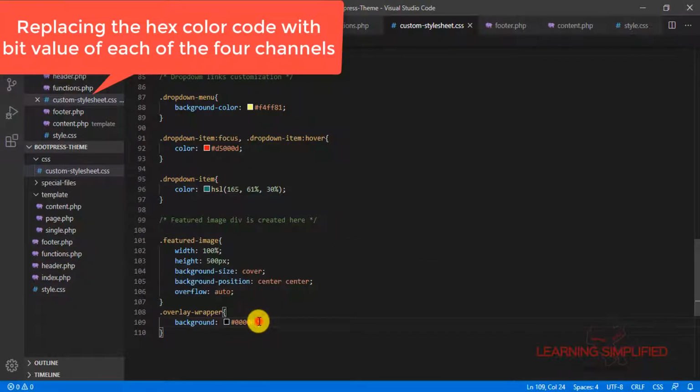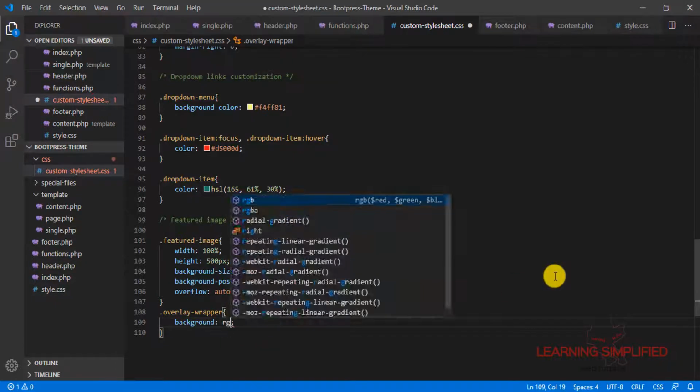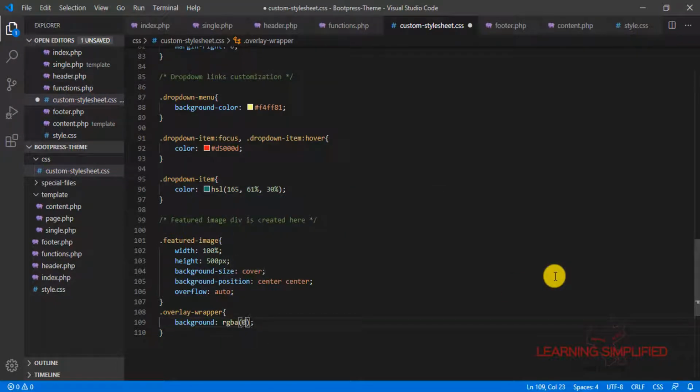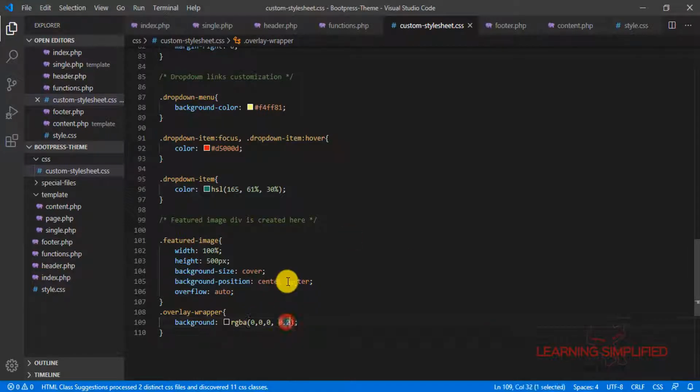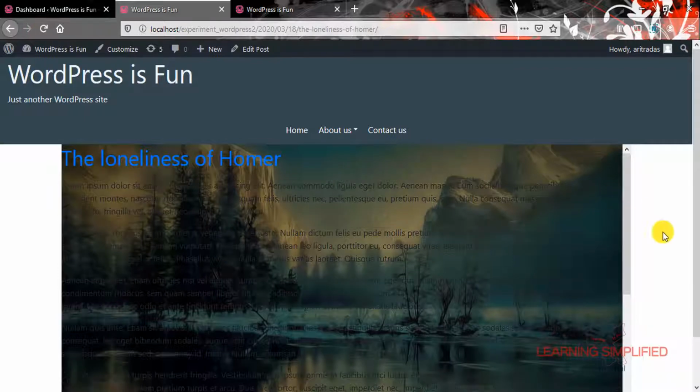Now instead of this thing, another thing that we could have done, I think a little more enhancement would be better. There it goes. So the background is now a little bit darkish here.